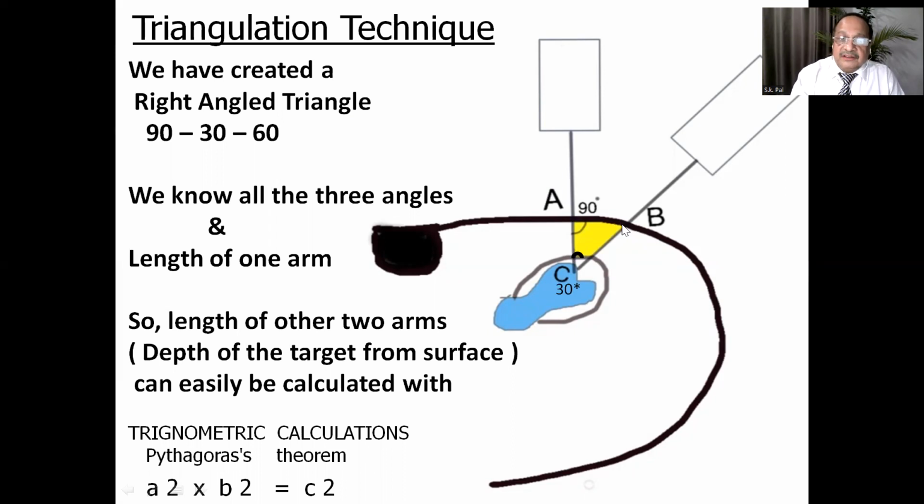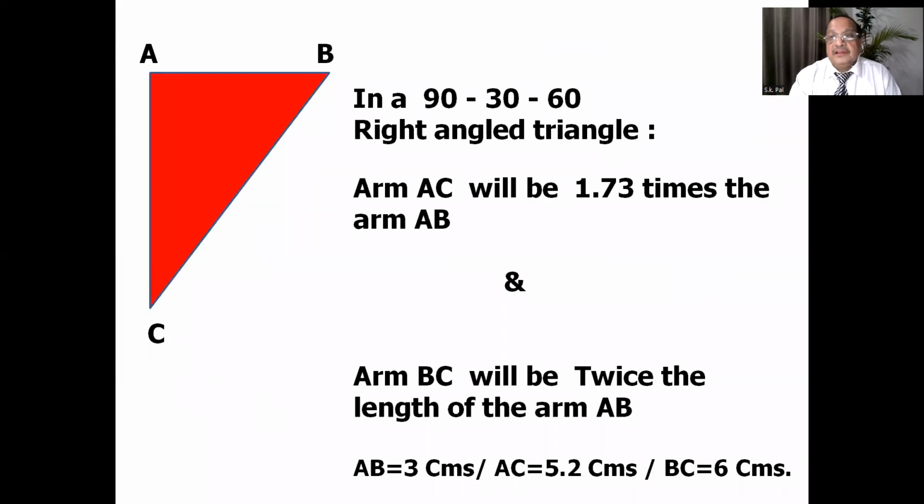So now it is very easy to calculate with the Pythagoras theorem the length of AC and length of BC. These two arms can very well be calculated, and as these calculations of Pythagoras triangle, they tell us in a 90, 30, 60 degree angle, arm AC means the distance of the target from the skin at the 0 degree, if you start, will be 1.73 times the distance between A and B, because this arm is 1.73 times the